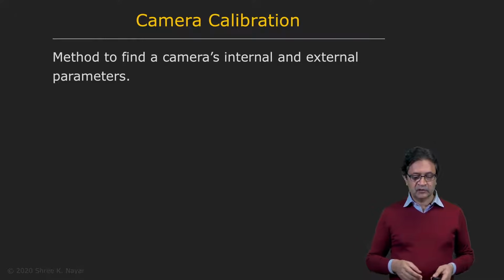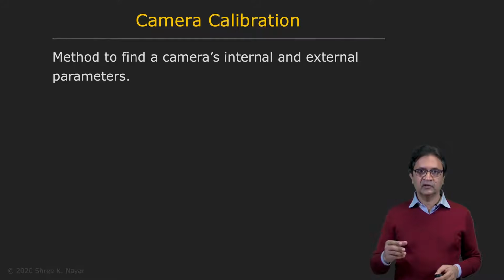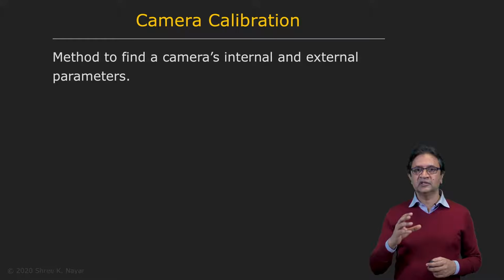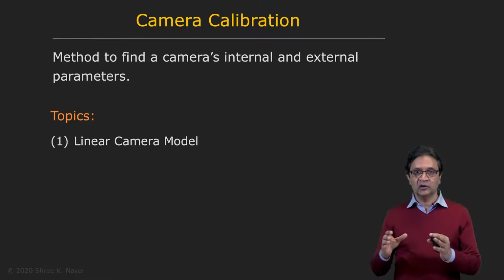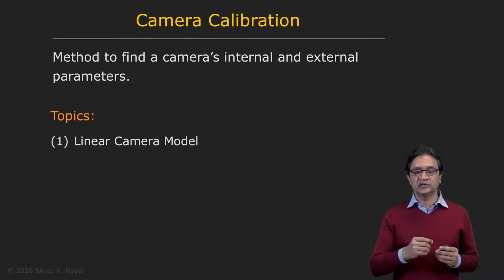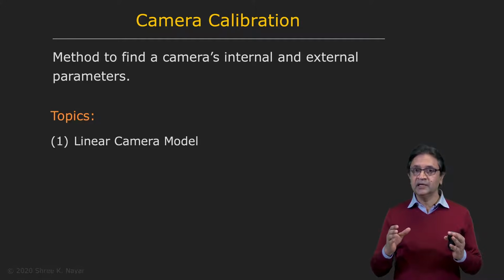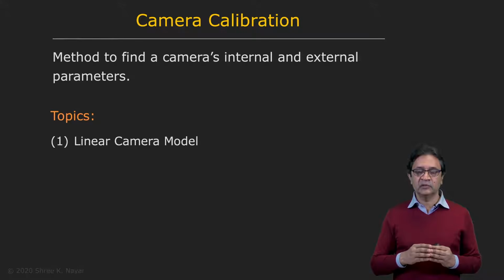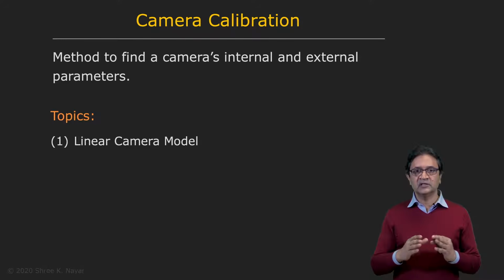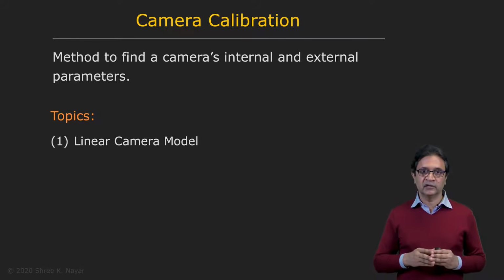So we're going to develop a method for estimating the camera's internal and external parameters. Before we can do this, we first need a model for the camera. And this is what we refer to as a camera model or a forward imaging model, which takes you from a point in 3D to its projection in pixels in the image. And we would like this camera model to be a linear model. We know that estimating linear models is much easier than estimating nonlinear models. And it turns out that the linear model we come up with is a single matrix called the projection matrix.